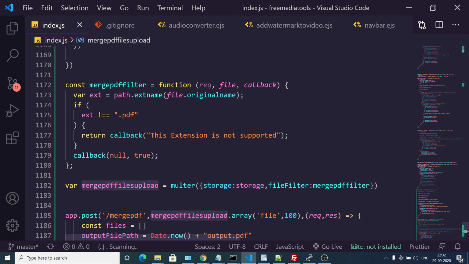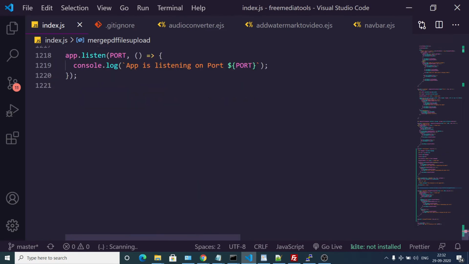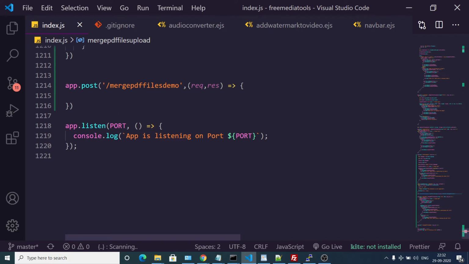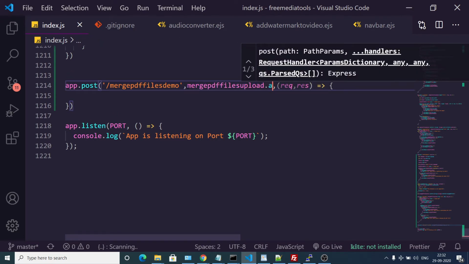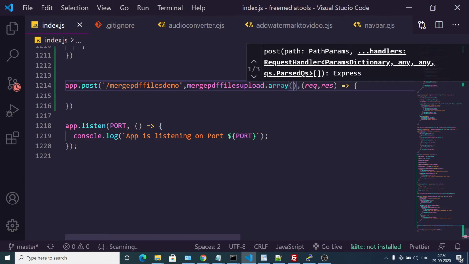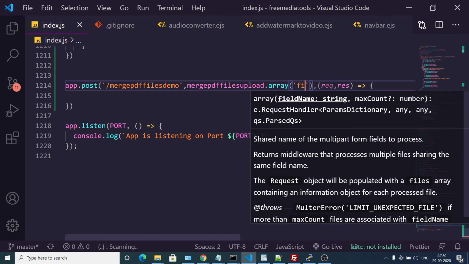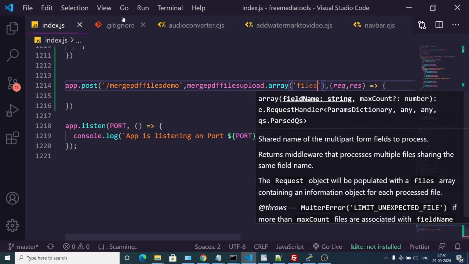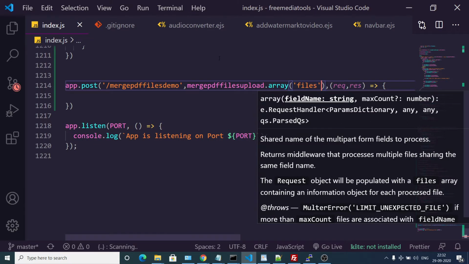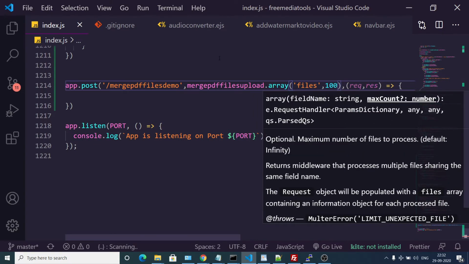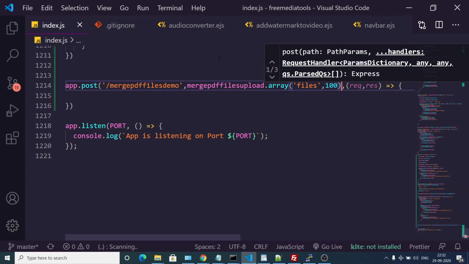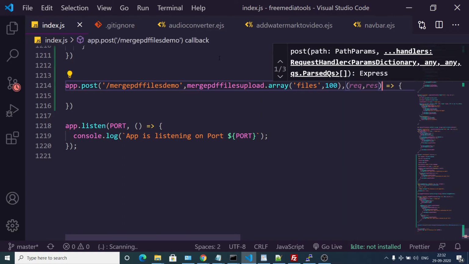I can simply copy this and paste it right here, and there is a method here, dot array, in order to upload multiple files. Here we need to pass the name attribute we have used, which is files, and the second argument is the maximum number of files that you want to upload. So we will allow users to upload 100 PDF files at once.